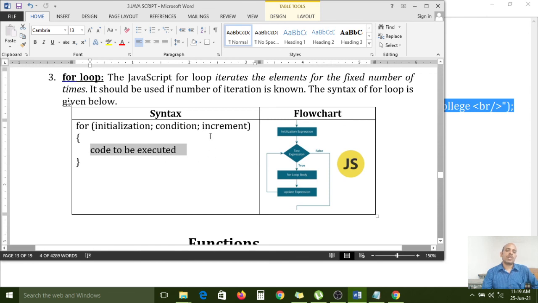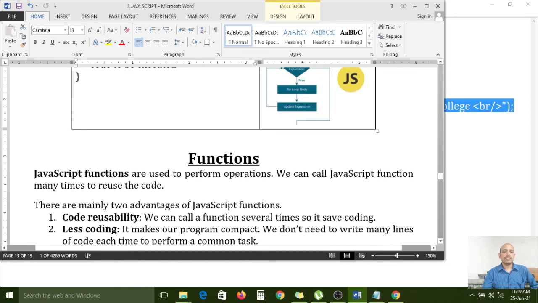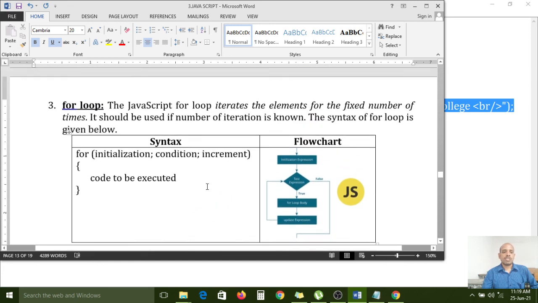After that the control comes to the increment or decrement operator. After incrementing, it will again check the condition, again execute the code, and again come to the increment operator. Like that this cycle goes on. Only when the condition becomes false will the control come out of the for loop body, right? So here the expressions and statements concept is over.